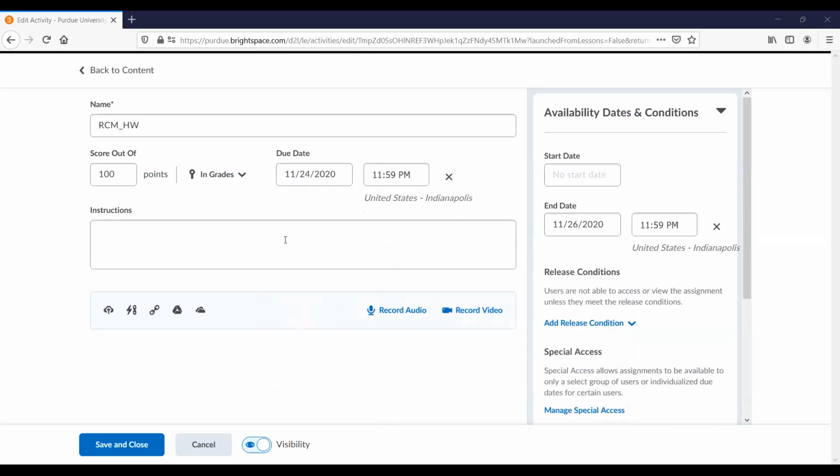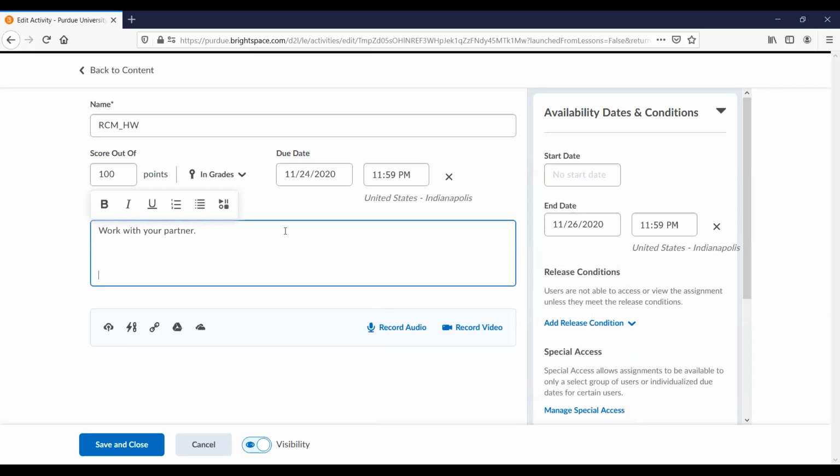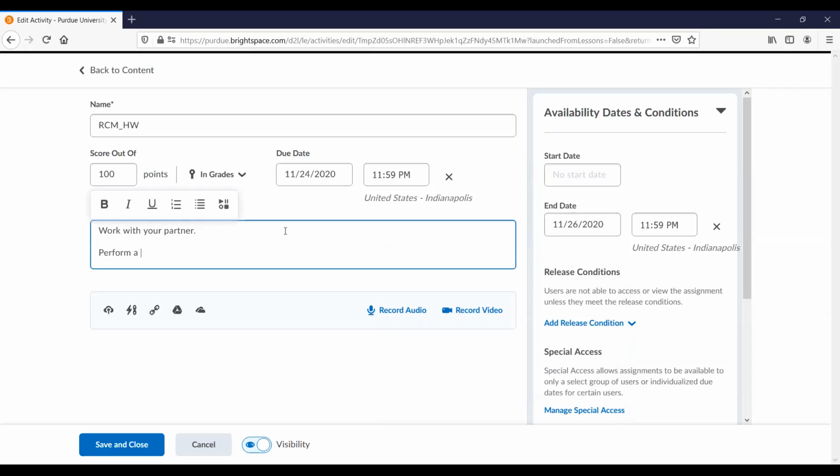So what am I asking you to do? Work with your partner and basically perform a risk and control assessment of a real company of your choice, and provide a 2-3 page report